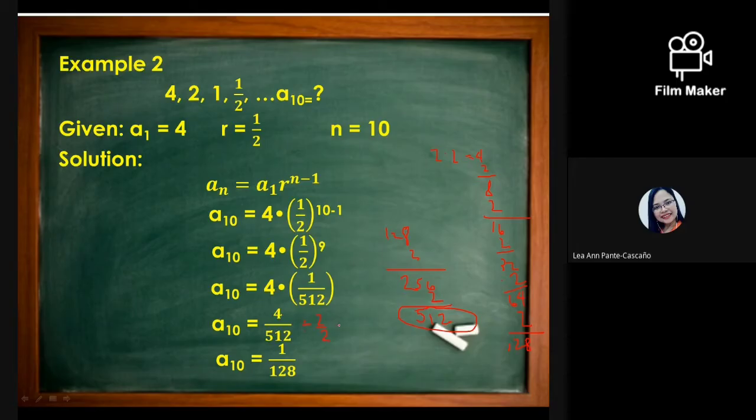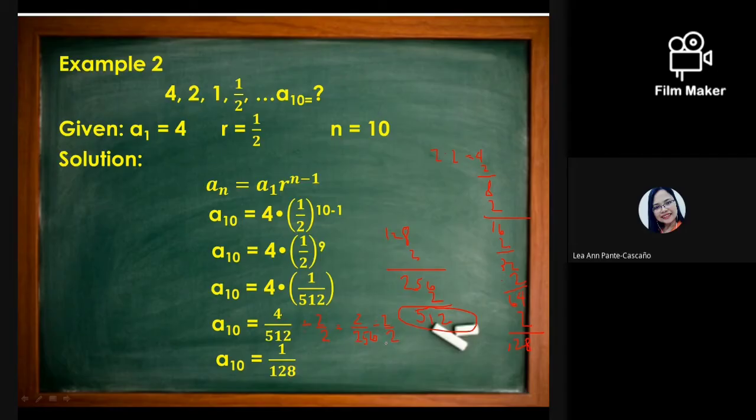2 divide 2 ay 2. 512 divide 2. Yan ay 256. Kaya lang, si 2 over 256, kung papansin, yung 2 and 2 ay divisible pa rin sa 2 kasi pareho pa rin siyang even. So, ibig sabihin, pwede pa ulit natin siyang i-divide. So, divide ulit natin siya sa 2. 2 divide 2, 1. Ito na po yun. Then, 256 divide 2 ay